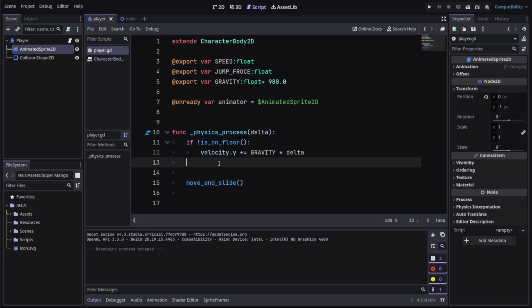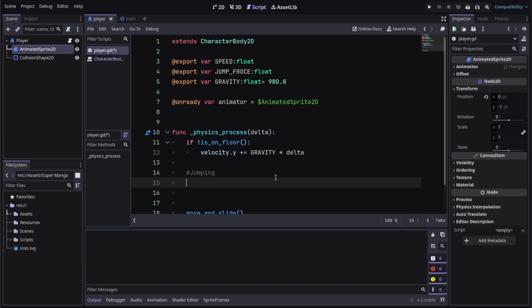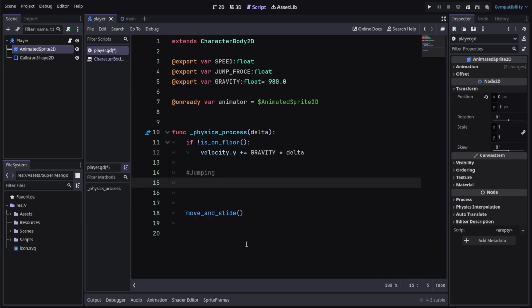Because we don't want to waste your time too much, now let's handle jumping. If you add a hash, you can add a comment. A comment is dummy code. It doesn't work. It doesn't do anything. It's just a note for yourself or anyone else who watches your code. Let's handle jumping. Now, jumping is simply the opposite of applying gravity. Instead of adding a positive number, we just add a negative number. So what we do is